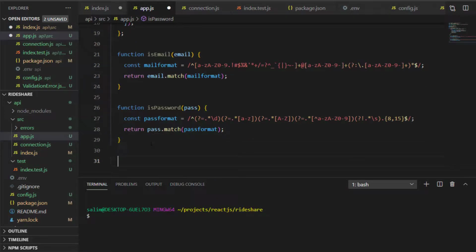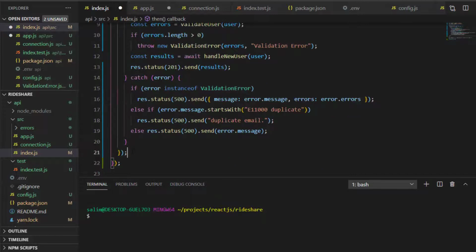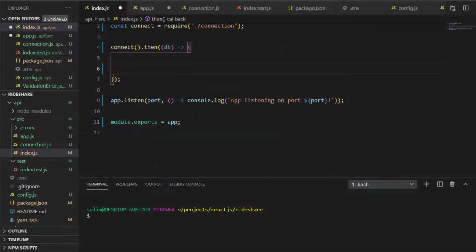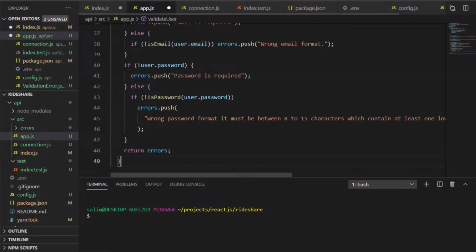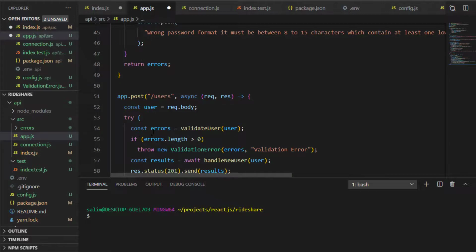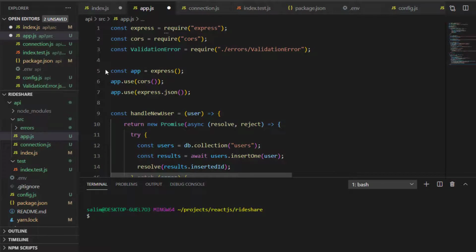And the route for the slash users. We also need that. Alright, so what will happen here is, as we were doing before, we are creating the app, we are setting